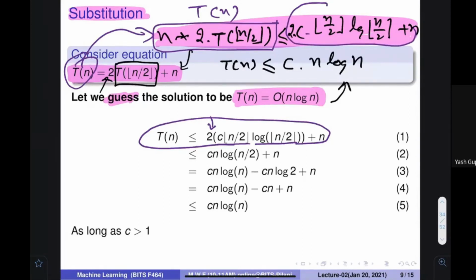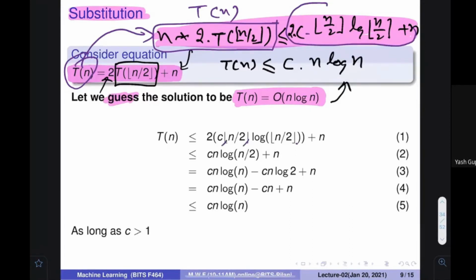Okay. So if this line is clear, then let us do some mathematics over here. Since it is a lower number, if I remove this part, then it is not going to affect the inequality, because if I remove this part, then the bigger number would come. If I also remove this part, then a bigger number would come. So the cn, and then this becomes n/2, c and 2, then the 2 gets cancelled, and it becomes cn log(n/2) plus n. This part is also clear. Everybody, can you write yes?